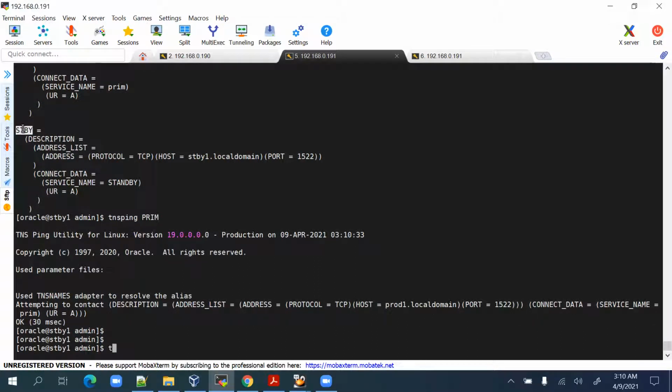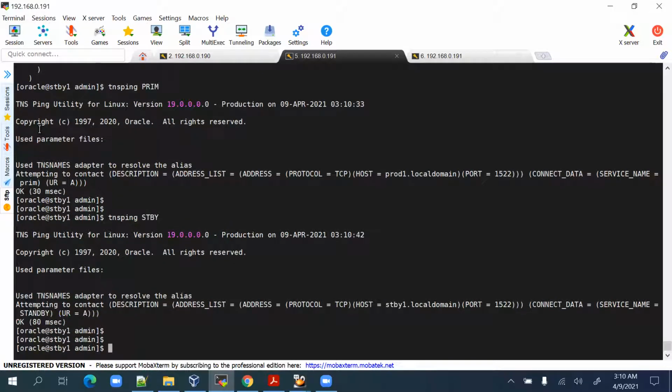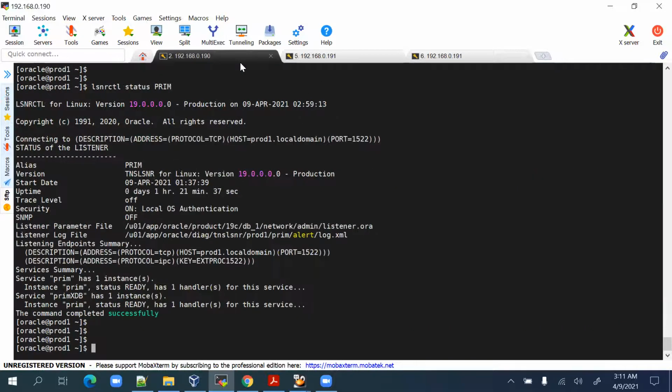So it is reachable, and again you can check the same thing for the standby also. So this is also reachable. In general, in normal production-like scenarios, it is very few milliseconds, and due to VirtualBox it is having a little lag, but in a real scenario you will never get such high values. Okay, so our TNS names file is ready on the production environment,